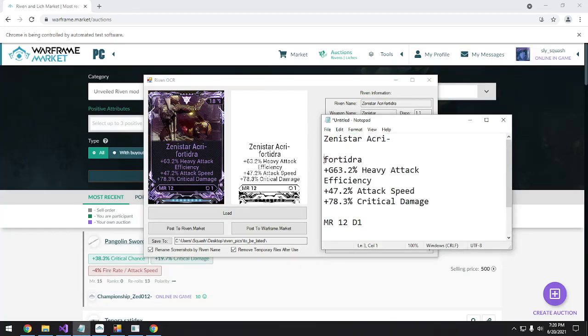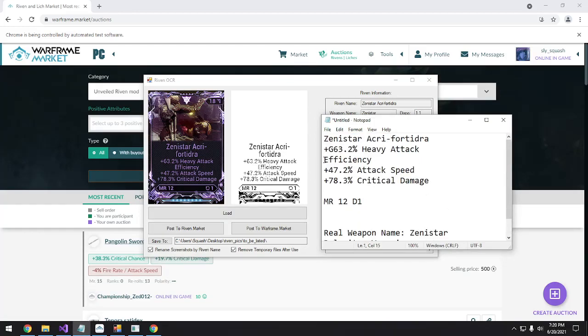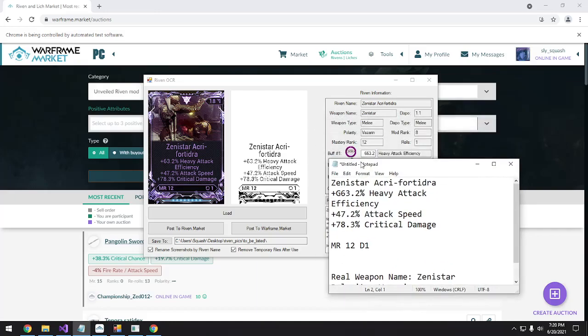Take a look at that. Let's clean this up a little bit. Okay, Zenister, accurate for Theta, no problems here, but if we look at the attribute in question that was problematic, we get plus G63.2. So what happened? It looked at the 63.2 and it